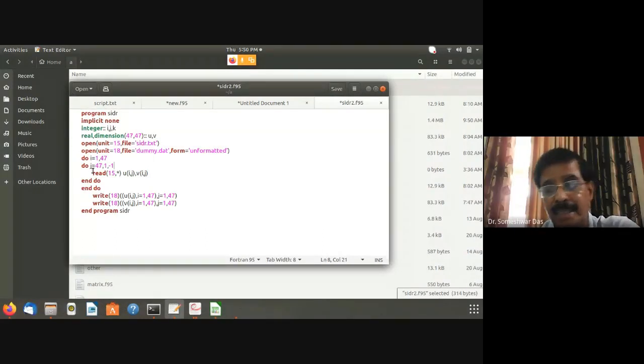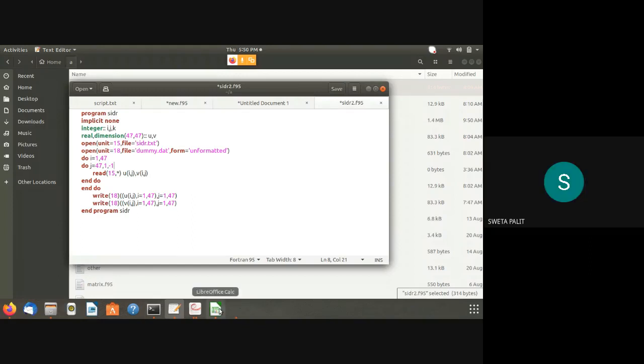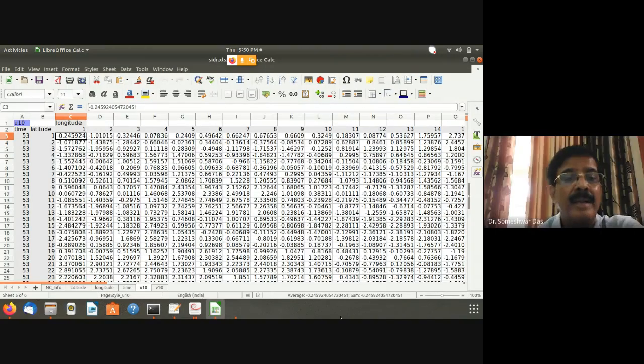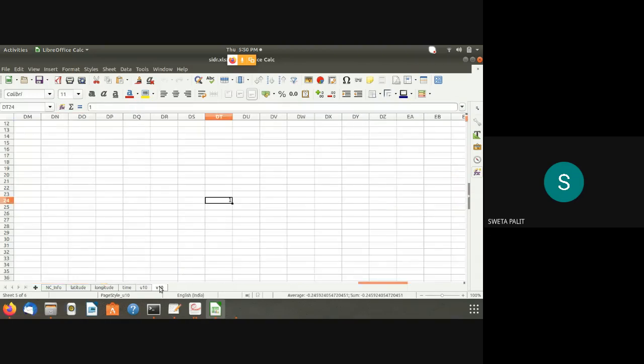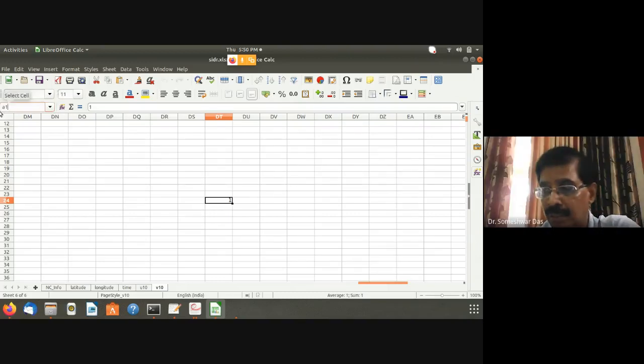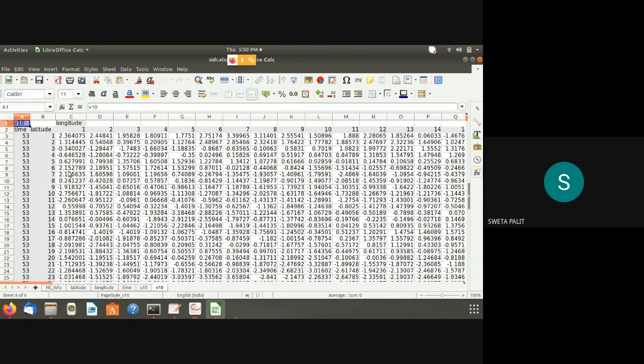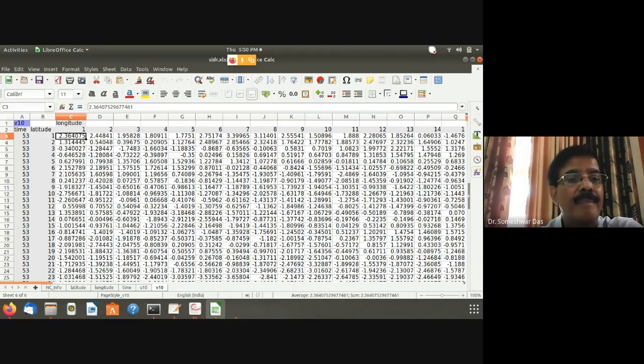Now the thing is, your data file which you showed me, go back to the data file again. Yes, sir. Okay, now all these values, are these all U values only? Yes, sir. This is the U value, and after that, the 47 row is the V value, sir. No, which one is the U value?